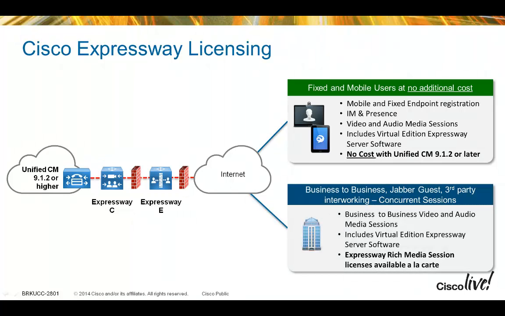The only time you need session-based licensing is if you're communicating with folks outside your organization, right? So the classic business-to-business video case. Jabber Guest is a new feature coming out. That will require session-based licensing. Calls to the CMR, right? That's going to require session-based licensing. But again,